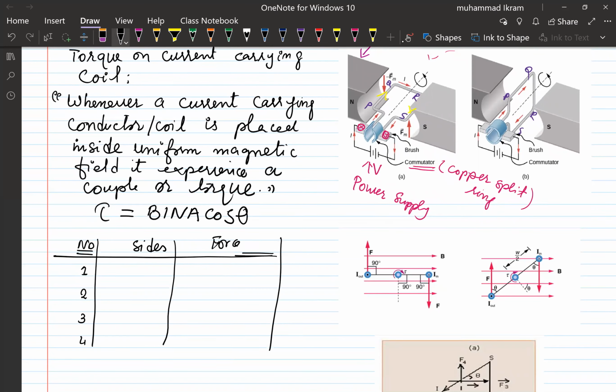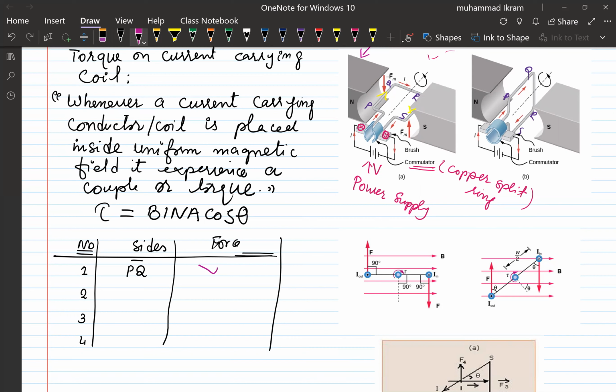Now, what is the first side? The side PQ. Yes, the side PQ contributes. There will be a force on the side PQ. Why? Because if you just apply the